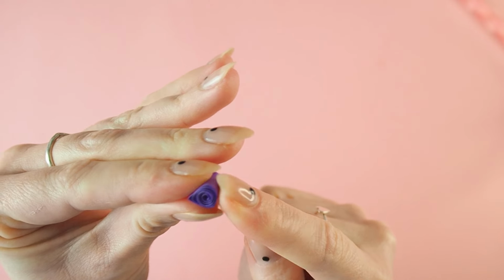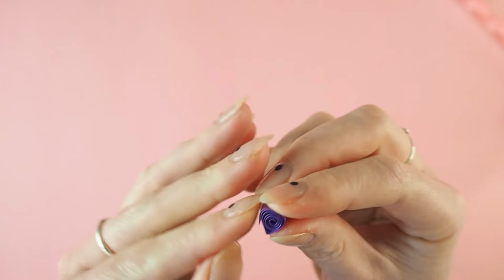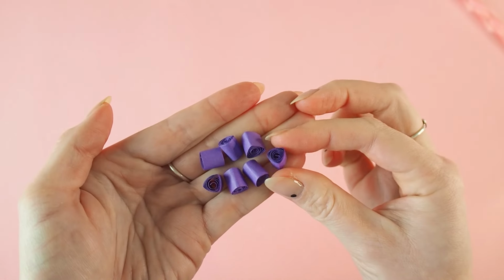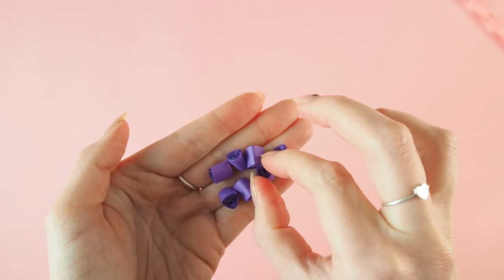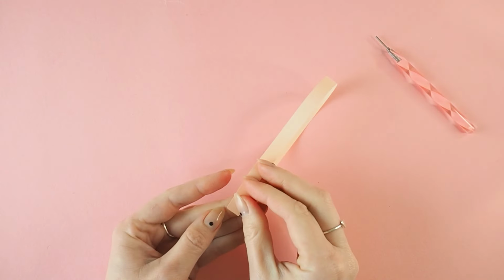Press down on the end with the coil to create a flat end to the petal, so it's almost triangle shaped. Make 10 purple petals in total, 5 per flower. To make the petals for the smaller peach flowers, take a strip of the peach quilling paper